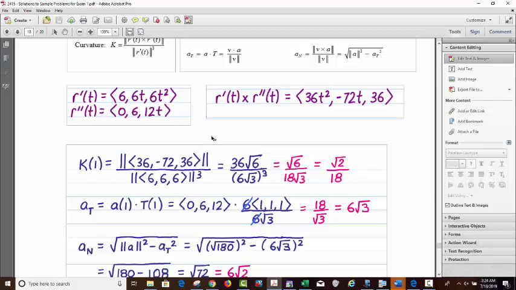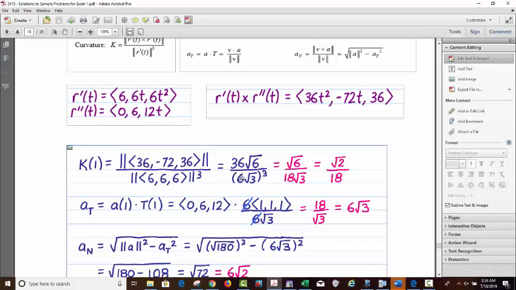Now, a1 will just be the acceleration vector at 1, which will be 0, 6, 12. And we know that r prime of 1 is 6, 6, 6. But remember, the unit tangent vector would be r prime divided by its magnitude. So it's related to the r prime vector, but it has to be a unit vector because it's called the unit tangent vector. So the magnitude then of